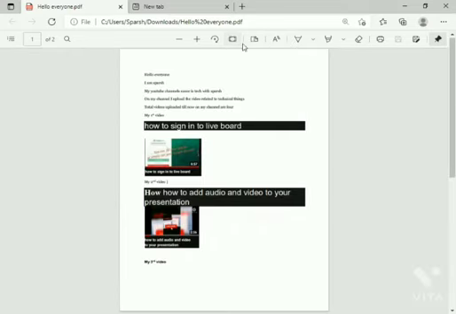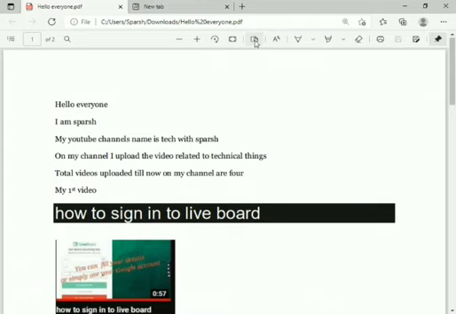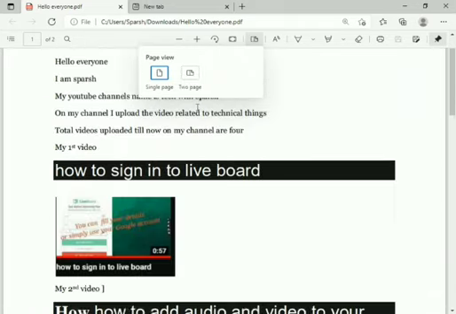The next option is the page view. Now we are viewing it in single page. I am not able to see both pages at one time, only one page at a time, because the layout is chosen as single page.